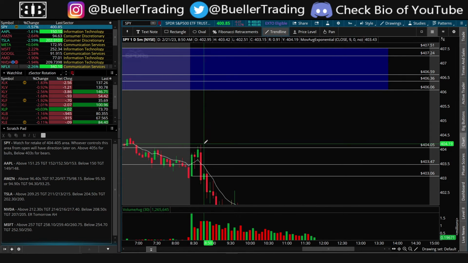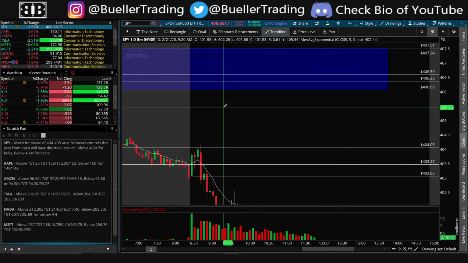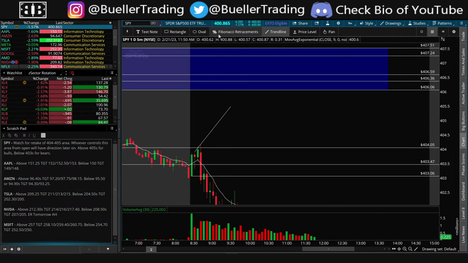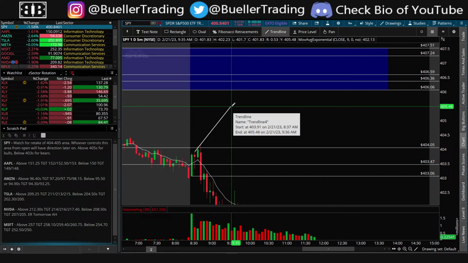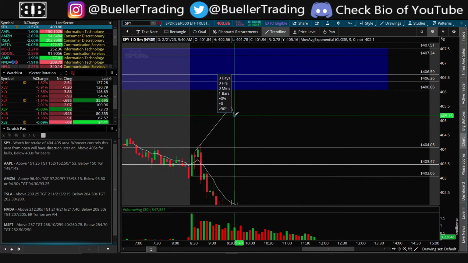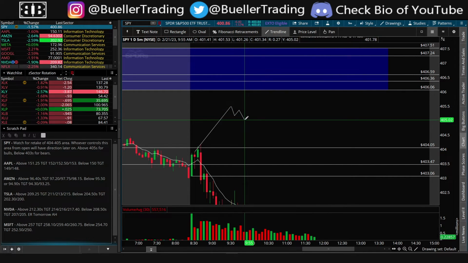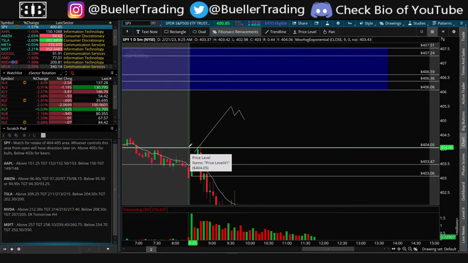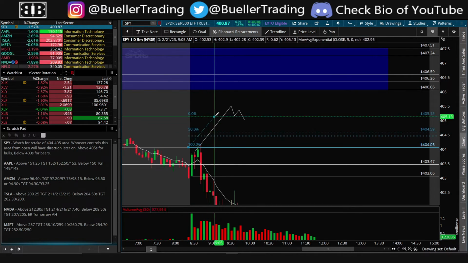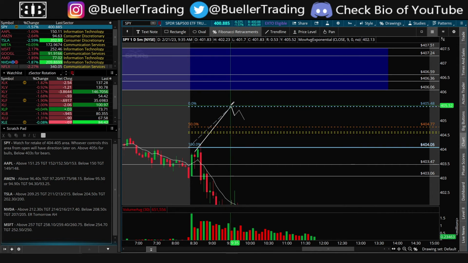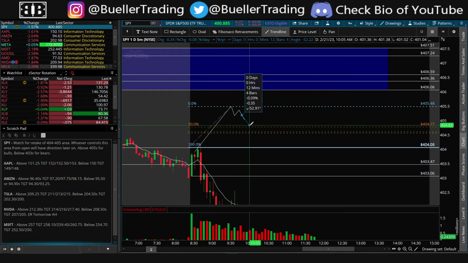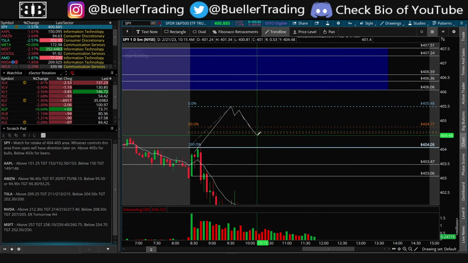breakout, let's say price pushed through 404.05 and went all the way to 405.50. So they broke out from here and went all the way to 405.50, right? And then I start to see a red candle step in or a slowdown, and then we get another lower high, and then it pushes a little bit lower. What I like to do is go from that level in which it broke, so 404.05 in this case, all the way up to this level here where it slowed down, the high of that move, right? So then I can look for potential moves back towards this control point or even the golden pocket,